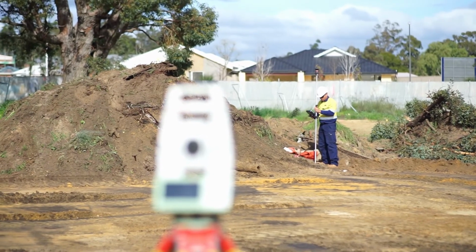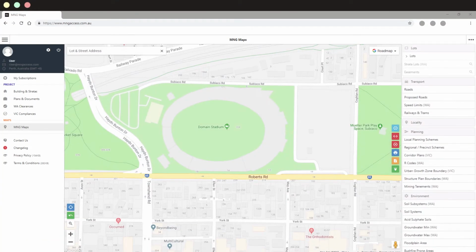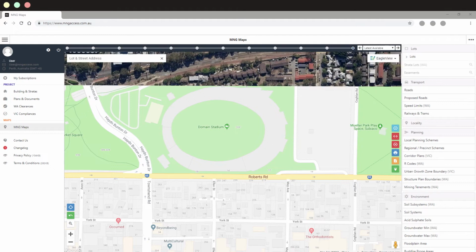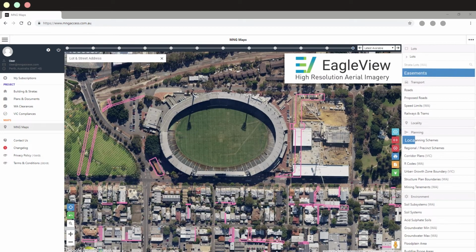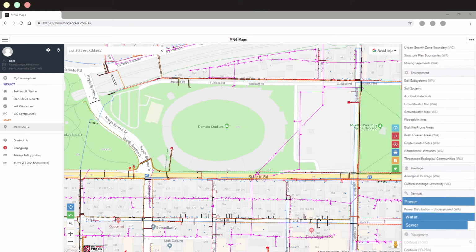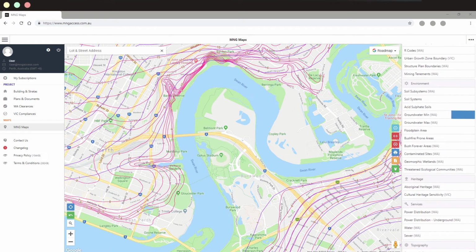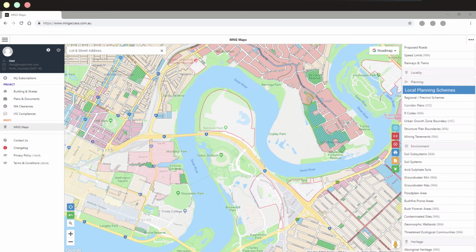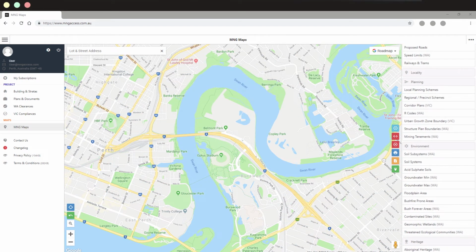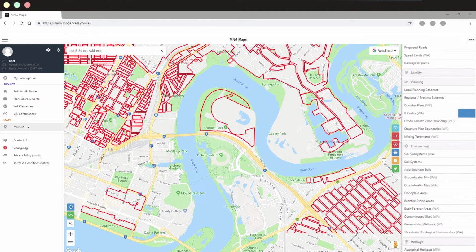One of the main features that I love about the app is the desktop component and the ease with which we can layer in various disciplines, not just engineering related services like sewer and water and power, but also some of the environmental features, wetlands and groundwater levels and topographical information. It gives us the ability to very quickly distill information, switch on and off relevant layers, and we then apply